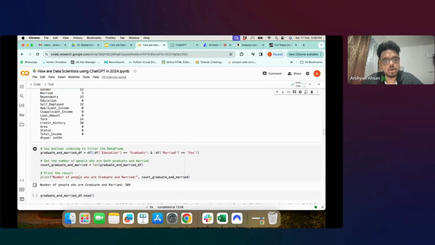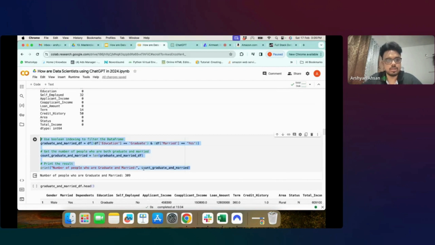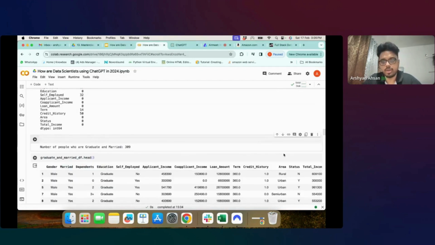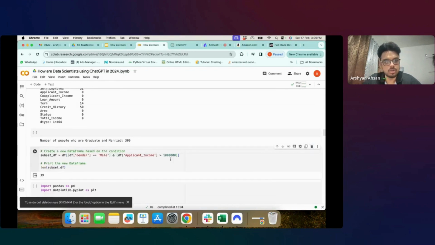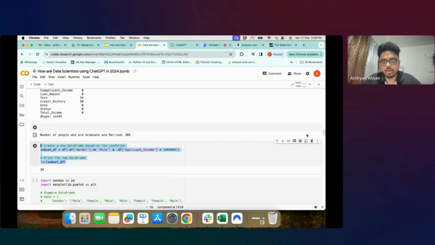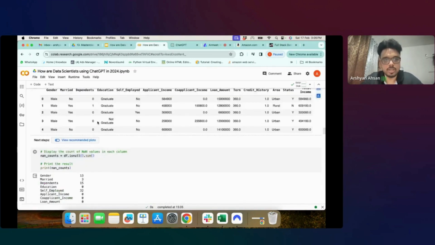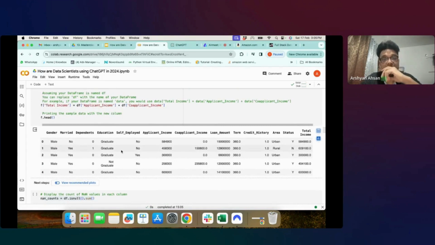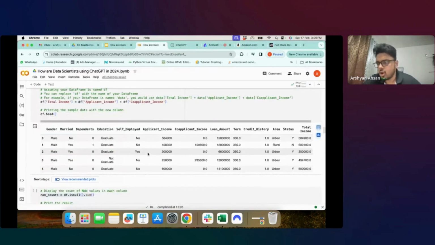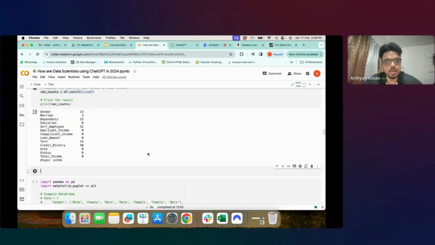ठीक है, अब थोड़ा सा और कॉम्प्लेक्स जाते हैं। लेट्स टेक अ कॉम्प्लेक्स यूज केस। ठीक है, इसको मैं डिलीट करता हूँ, इसको भी डिलीट करता हूँ। ठीक है, सो लेट्स टेक अ कॉम्प्लेक्स यूज केस। तो इसमें मैं बोलता हूँ कि मुझे बताओ कितने ऐसे लोग हैं जो बेसिकली मैरिड हैं, मेल हैं और इनकम इज मोर देन 2 लाख। ये 3 कंडीशन हैं, ऐसे कितने लोग हैं। लेट्स अज्यूम कि मेरा ऑब्जेक्टिव ही यही था कि मुझे ये फाइंड करना है, दिस इज व्हाट आई वाज सपोज्ड टू फाइंड आउट ऑफ दिस डेटा सेट। So what I'll do is